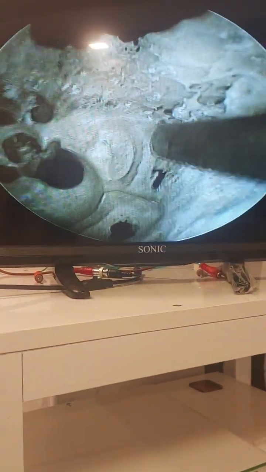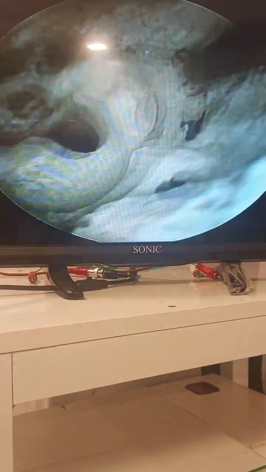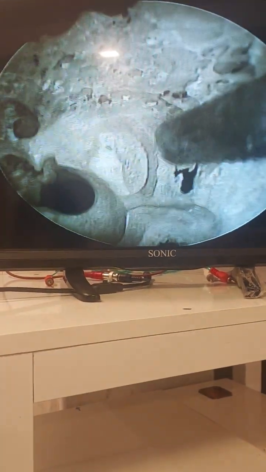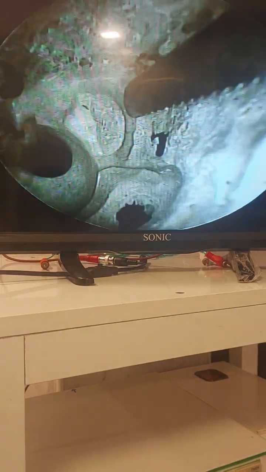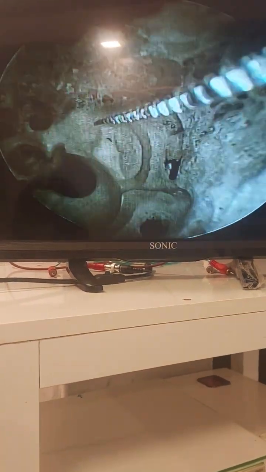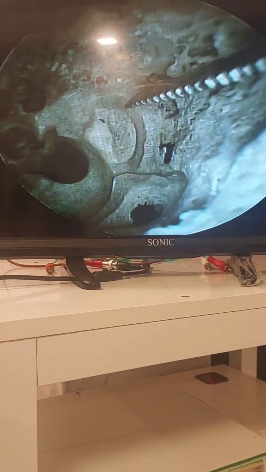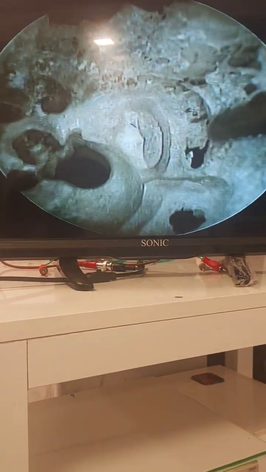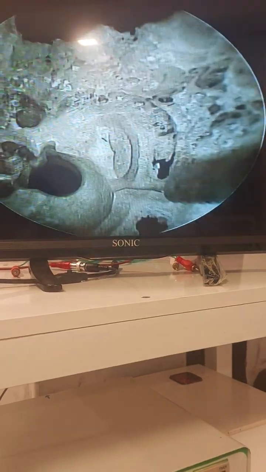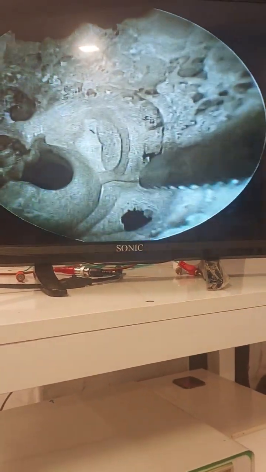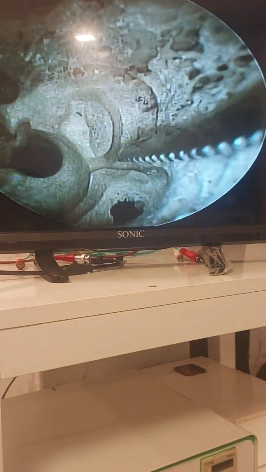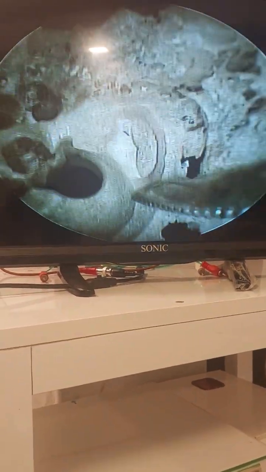Now we go to the vestibule. Can you see? This is the vestibule, with the 3 semicircular canals. This is the superior semicircular canal. This is the ampullated end of the superior semicircular canal, and this is the posterior semicircular canal. The posterior and the superior semicircular canals join together to form the common crus. This is the common crus